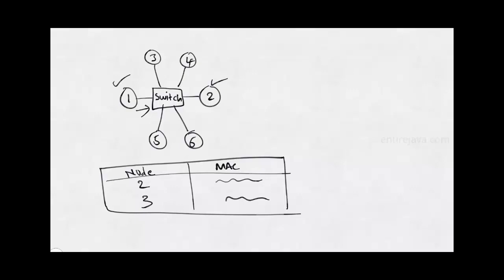In future, if node number 1 sends a packet to node number 3, the switch is not going to broadcast. Instead, it's going to take a look at this table and notice that it already has a record of node number 3 and its MAC address. This MAC address will match with the MAC address in the packet, and now the switch will directly deliver the packet to the intended destination. This is very efficient, and certainly this would eliminate the problem of excessive bandwidth we have